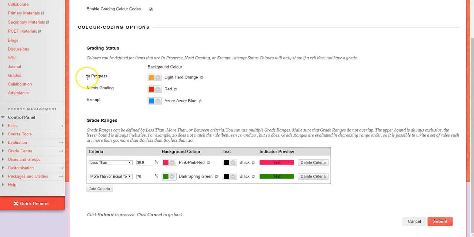So what we've got is, if it's in progress, so if you need to mark it, it's an orange. If it needs grading, it'll be a red. If you use exempt, it'll be a blue, but otherwise your fails will be pink and your distinctions will be green. So if you submit that now,